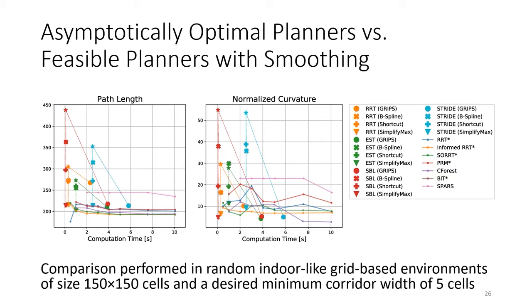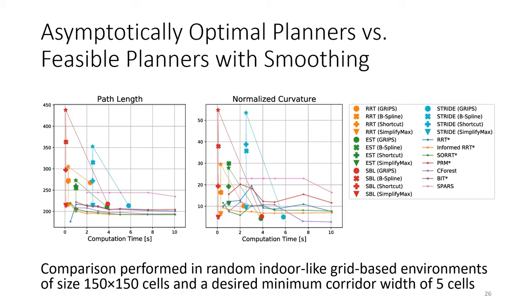In another experiment, we compare the different combinations in random indoor-like grid-based environments, using the Reeds-Shepp steer function. As we can see from the figures, the post-smoothing algorithms GRIPS and Simplify Max often significantly decrease the path length and maximum curvature, with Simplify Max typically running faster. The post-smoothing algorithm B-spline does not always improve the path quality, which might be due to the issue that B-splines do not translate well to paths that can be followed by Reeds-Shepp and other steer functions, resulting in slight turns